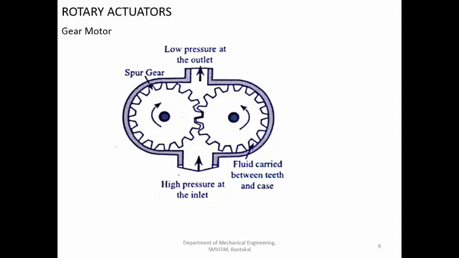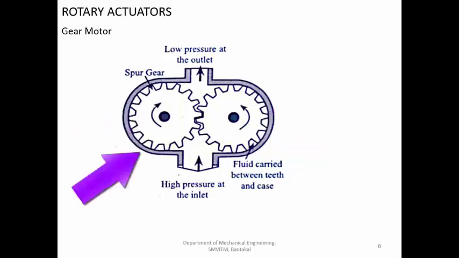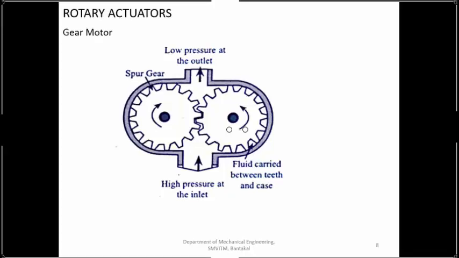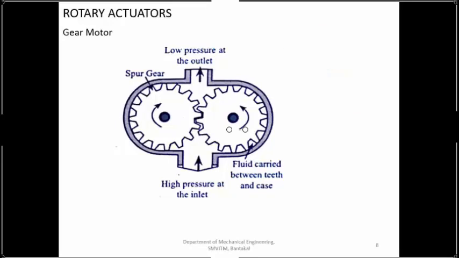So what are the components? You have two gears, usually spur gears. Then you have the casing. This is the profile. On both sides of the casing, you have flat covers. In the covers, you have cavities in which you mount the bearings, and the bearings carry the shafts using which you connect the motor to the external load. Also, if the width of the gear is more, you can generate more force because a high pressure fluid is acting on a large area, so the power output will be more.